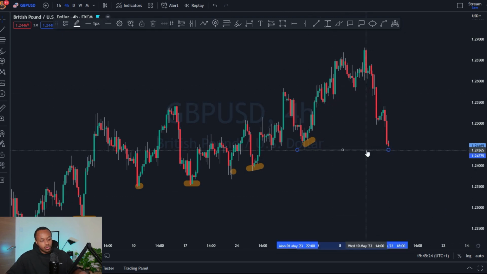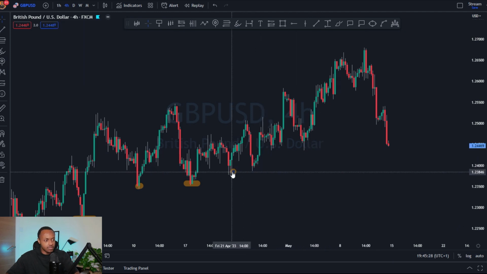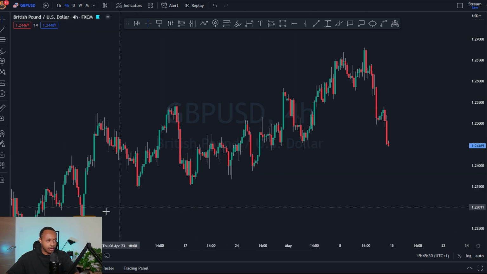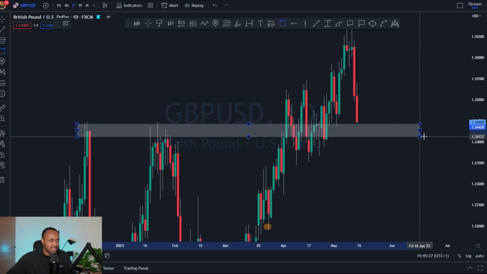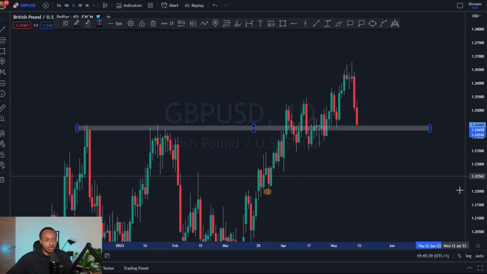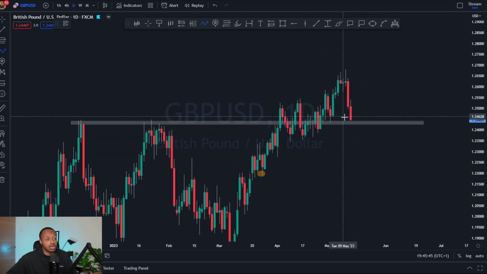However, the reason why I'm not starting to jump onto the sales like I'm with Euro USD, well, number one, Euro USD has a lot clearer bearish structure. But more importantly, number two, pound USD is coming directly into a very key level of daily resistance. So daily support, sorry, was daily resistance, now turned daily support. So I'm not looking to short directly into this level. If the market starts breaking through this and starts seeing some very good candle closure on the daily chart beneath